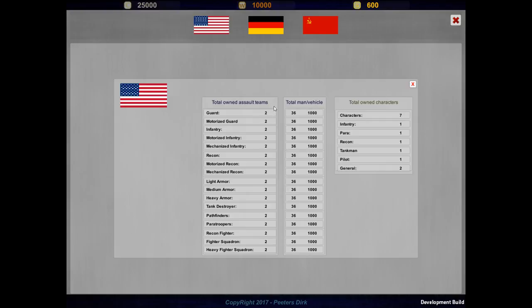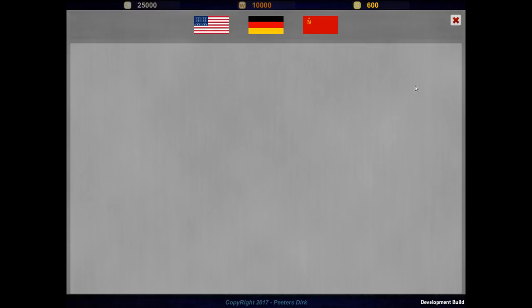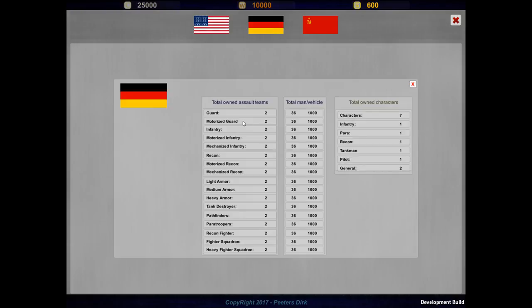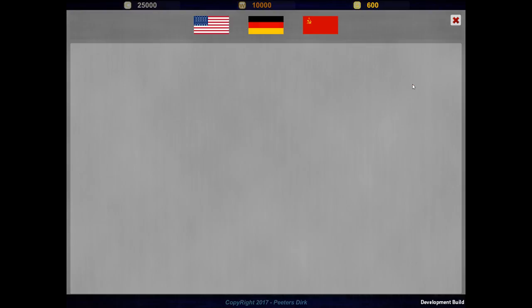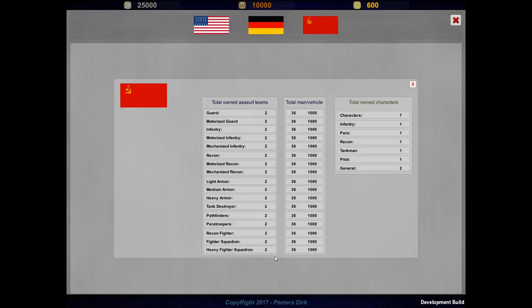So this needs to be working first before you can start drawing graphics and stuff like that. So this was correct. We have two assault teams, so two each. We have 7 characters. I have 2 generals, and then one of each. Then we're going to close that and open the German ones. This is correct. And this is correct. So basically when you buy, it adds to the total amount of characters, it adds it to the class it is. Once you become a general,